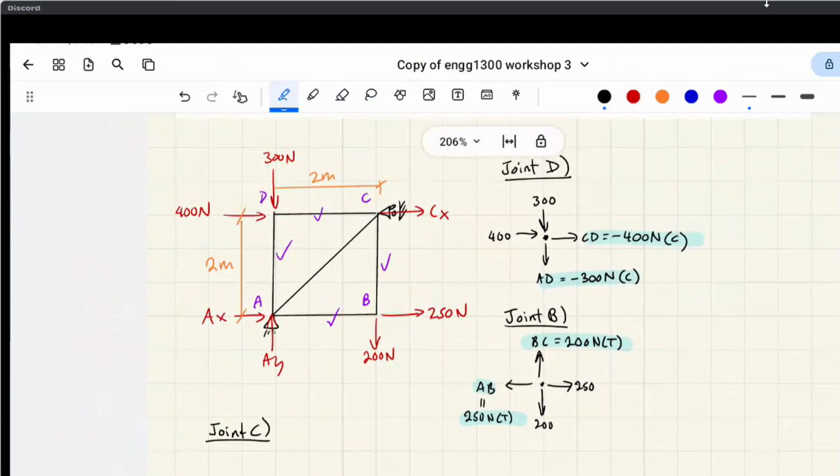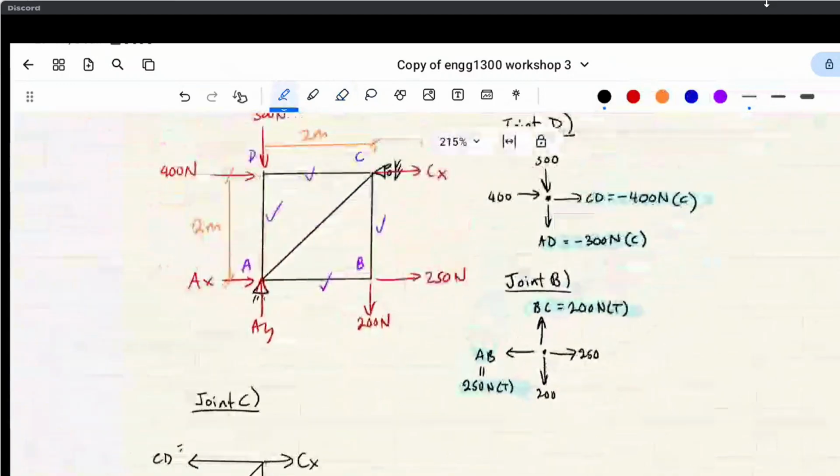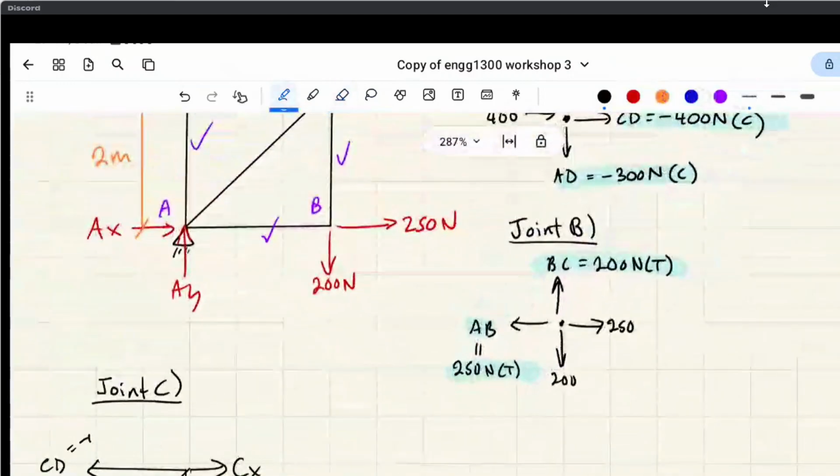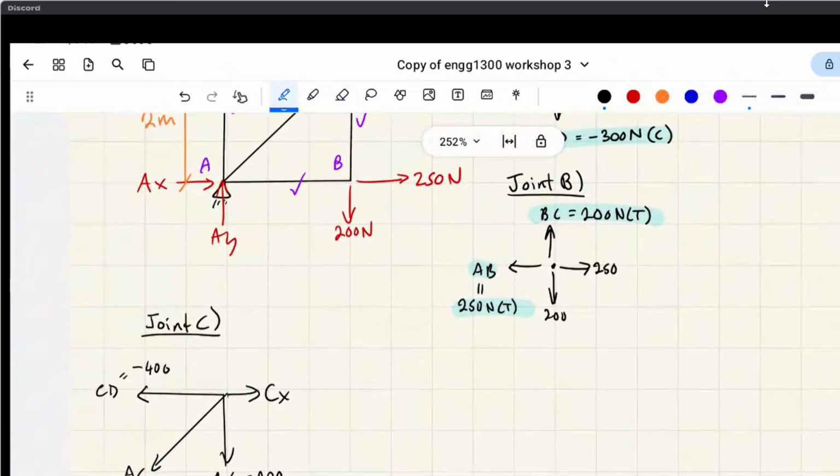Okay, I'll draw the CX, and this was CD, which we know, and this is BC, which we know, but the one we don't know is AC, right? Bring the arrows outwards for the truss members. CD was negative 400, right? Okay, so if we take the sum of the forces in the x direction here, we're going to end